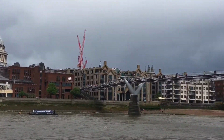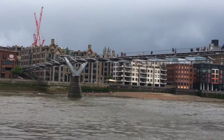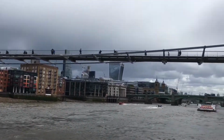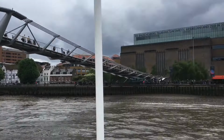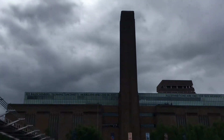The next bridge is the newest bridge to span the Thames. This is the Millennium Footbridge. This was opened in the year 2000. When we go through the bridge, to your right, there's a white wooden structure there with a thatched roof. And what they've done here, they've built what they believe